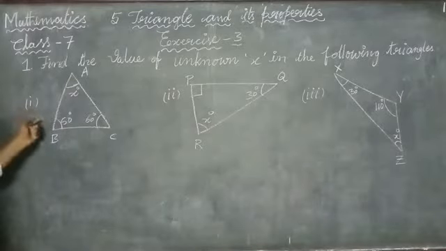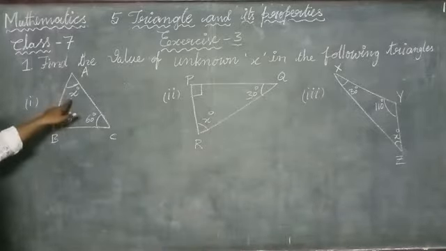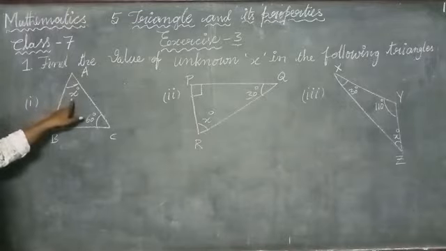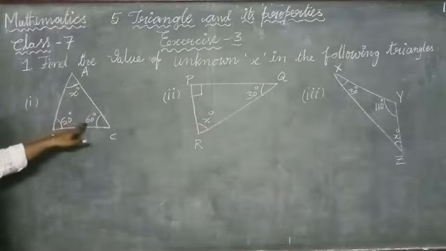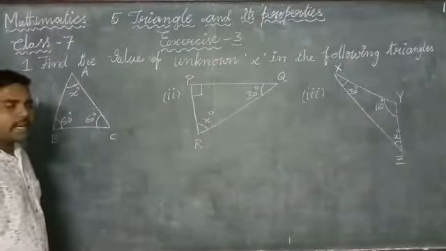Okay, the first problem. Here they have given the triangle ABC. In it the unknown value is x degrees. 50 degrees and 60 degrees are the other angles. Okay. From angle sum property of a triangle,